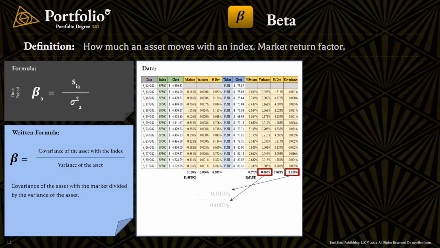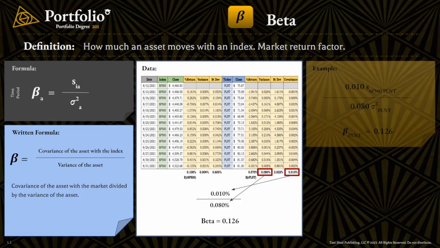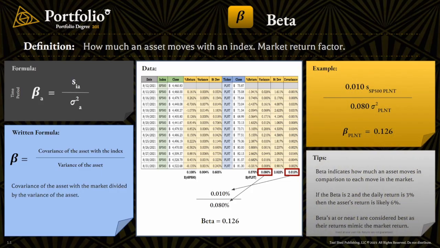Getting into how beta is calculated, you're taking the overall covariance between the index and your asset, and you're dividing it by the variance of the asset for the time period. So it's how much combined risk do you have for every unit of risk that you're taking on. And you want that to be close to a 1-for-1, because having stocks with high betas will create highly volatile